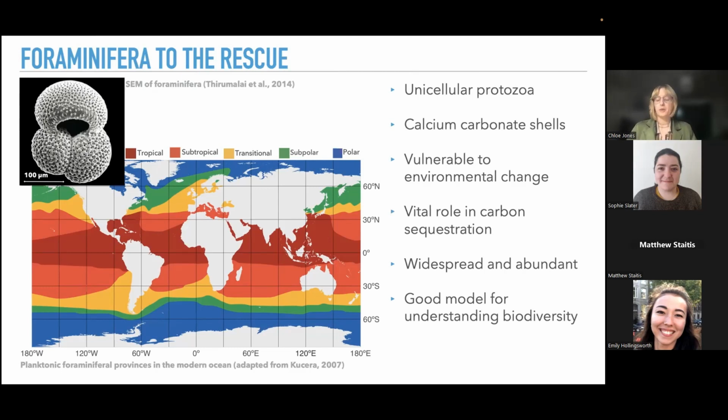But how are they useful for biodiversity studies? There's a very good fossil record. They are globally widespread, abundant. There's different species and assemblages found across the oceans. So, for example, the general trend is that there are more species at the tropics than there are at the